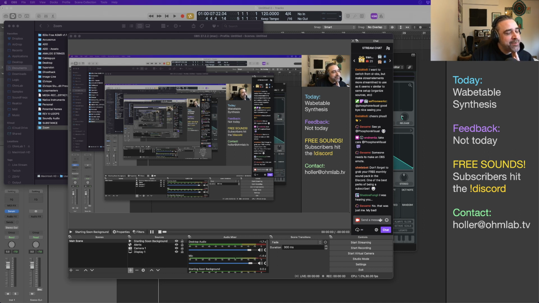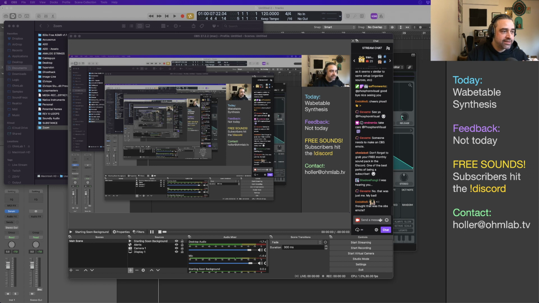Gotta love the slim setup. Mine is actually really slim because I only have to find these couple of things. But the thing is that the OBS,